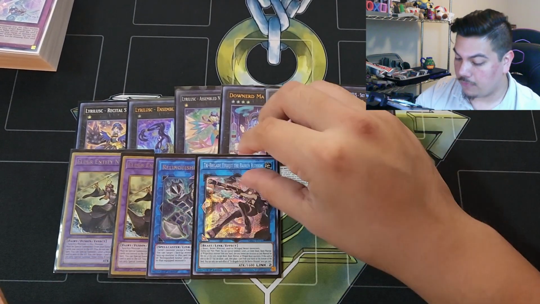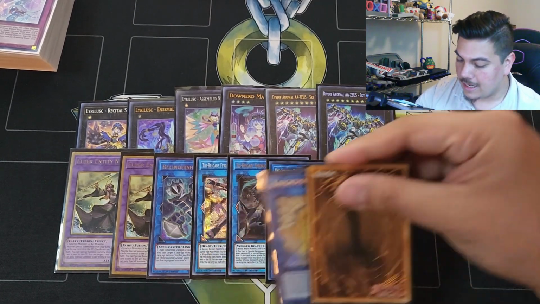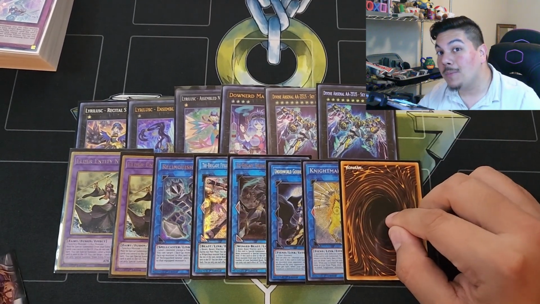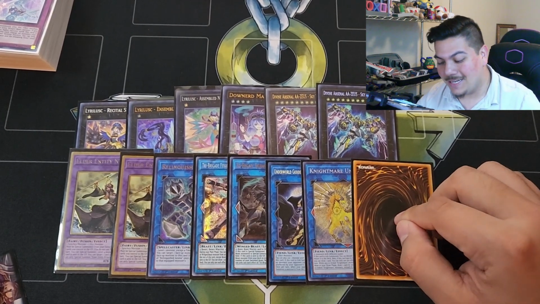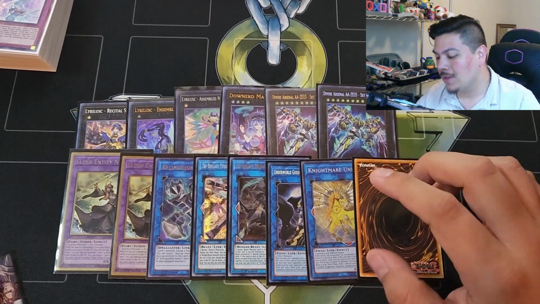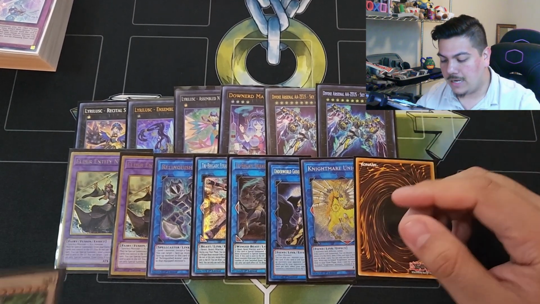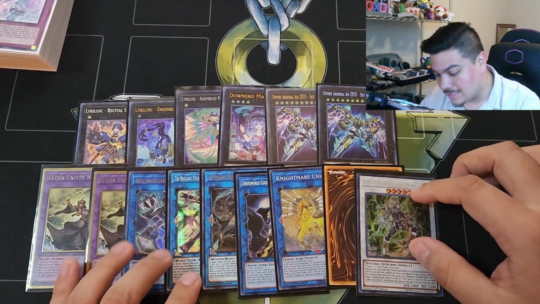Relinquished Anima, Ferjit, the Ominous Omen, Underworld Goddess. I cannot find my Nightmare Phoenix, so please forgive me. I don't know why, I have 2 or 3 copies of Phoenix and I can't find any of them. But Phoenix, Unicorn for the Nightmare, and then 1 copy of Cyframe Lord Omega. Again, this is for Ultimate Slayer